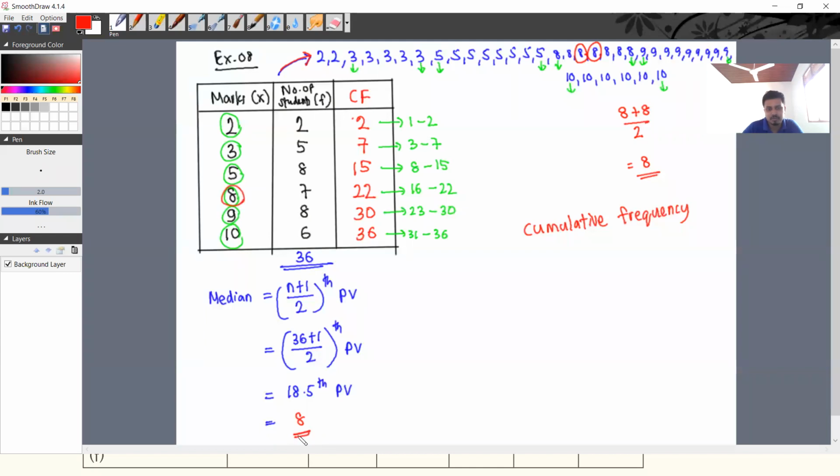Therefore, our median value should be what? 8. Right? The median value should be 8. Assume here, instead of 18.5, we got something like, let's say, 24th